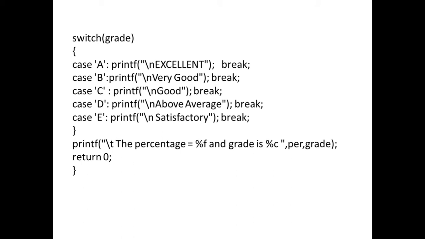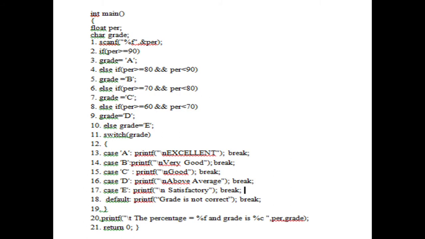Now to write the program graph, first we need to give the line numbers for each and every statement in the program. So for the same program, we need to give the line numbers. As I already told in the previous programs, we need to start from the executable statements. So these are just declaration statements. So just start from the scanf statement and go on numbering. So it ends at 21.